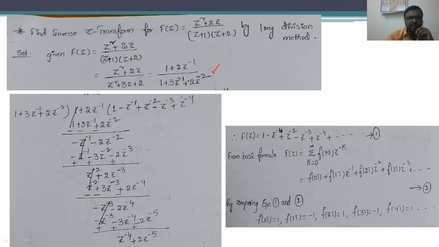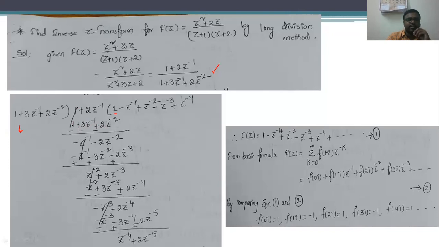We are going to calculate the inverse Z transform using long division. It is nothing but a simple division process. So here is the division process for this one. It is the denominator value and it is the numerator. We apply the division process. The first coefficient value is 1. That is, this particular expression has to be multiplied by 1. We are going to get 1 plus 3z inverse plus 2z power minus 2.